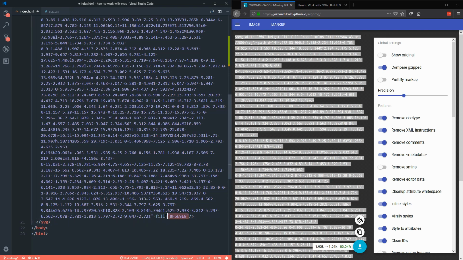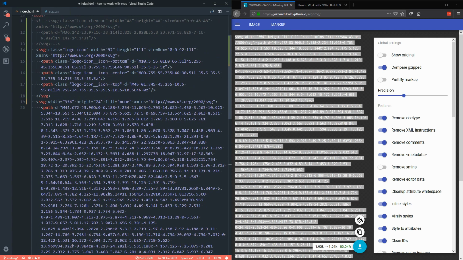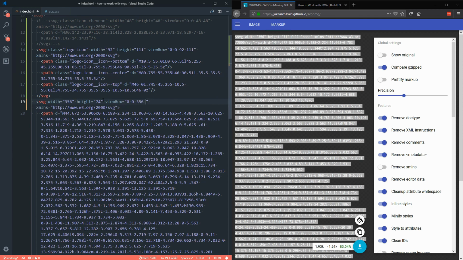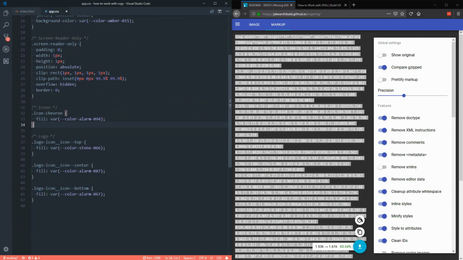Move this closing tag, get rid of this fill, and we'll make sure that we add a view box that matches the dimensions, so 356 and 74. And let's give this a class as well, and we'll call this logo, and we'll say that's the logo type. So let's give this a save. And now that we have this logo type in our code,